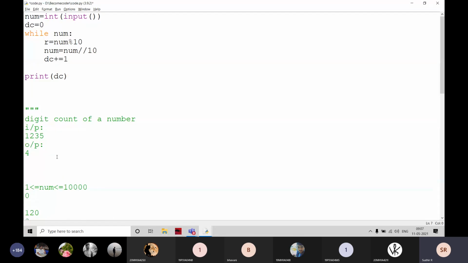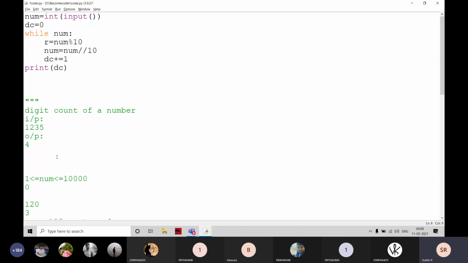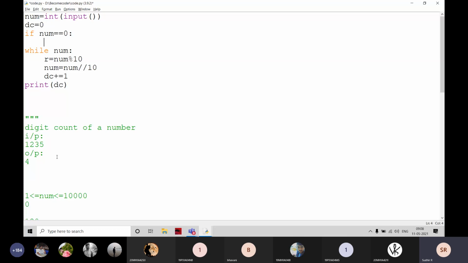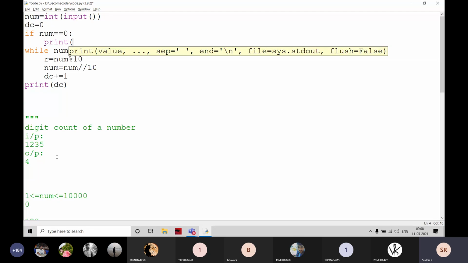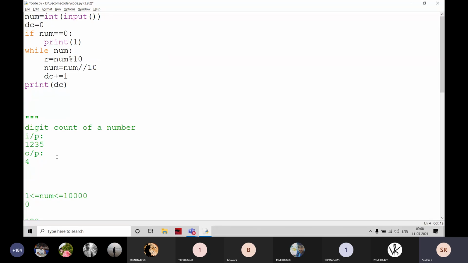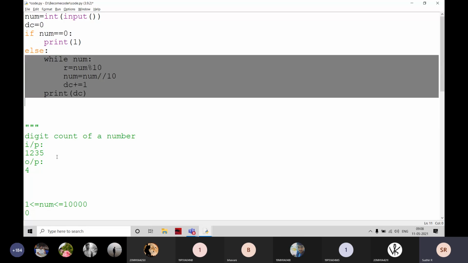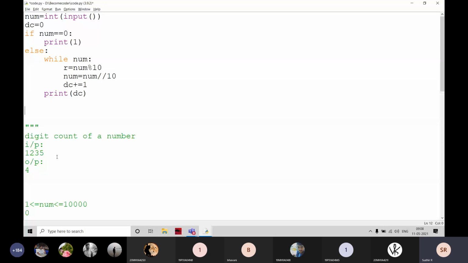Here I have to write if num is equal to 0. That is going to be the base condition, and I am going to print 1 here, and everything remaining is going to be the else part.